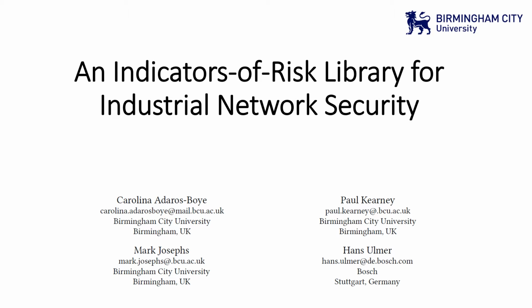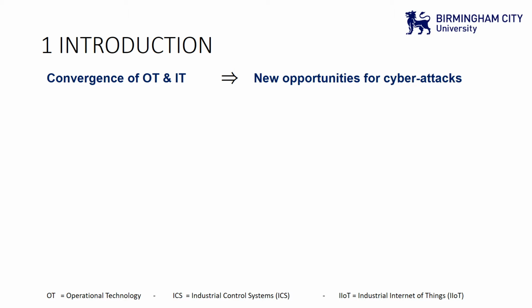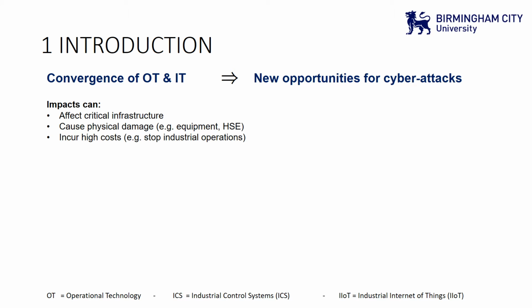and indicators of risk library for industrial network security. Convergence of operation technologies and IT has given attackers new opportunities for novel types of attack procedures. In the case of industrial environments, impacts go beyond information security because they can affect critical infrastructure and also disturb industrial processes and cause physical damage, such as to equipment or health, safety, and environment, and also incur very high